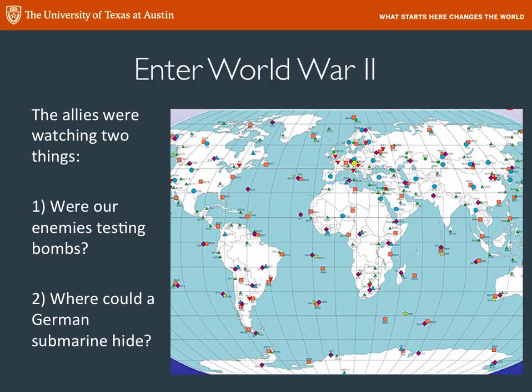First, this picture shows a worldwide seismic network. In order to monitor whether enemies were secretly testing bombs, the Allies put seismometers all over the world, on every continent and on remote islands, because a bomb, of course, will shake the ground just like an earthquake will. They may have discovered bomb testing, I'm not really sure, but they did discover a whole lot of earthquakes that are too small to notice, and they weren't randomly distributed either, but they were in very narrow and specific zones